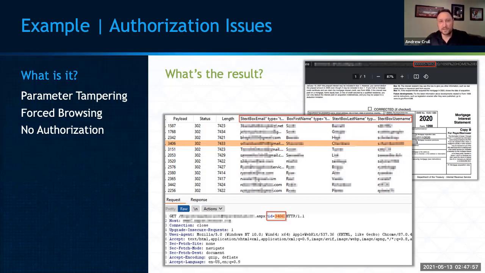So as you can see, the result of this is, if I just increment or decrement this, on the left side of that screenshot you can see the payload. Those are all the numbers I tried in there, and I came back with email addresses of other users, first names, last names, usernames. That to me is a gold mine. If I was an attacker, not a good guy, I would be using this for a spear phishing attack. I know what they're connecting to, I know this application. Not only that, I see their username there, and that is critical as well.